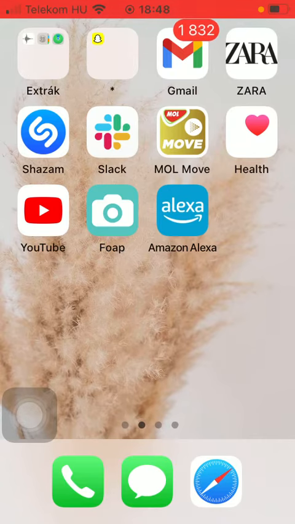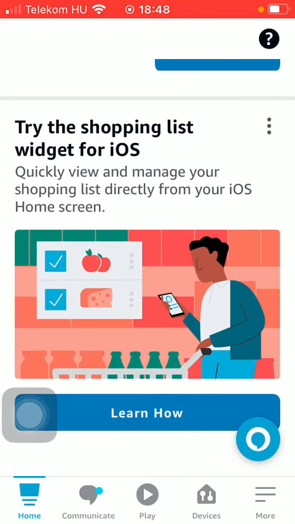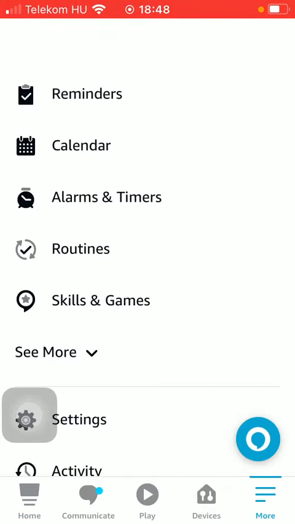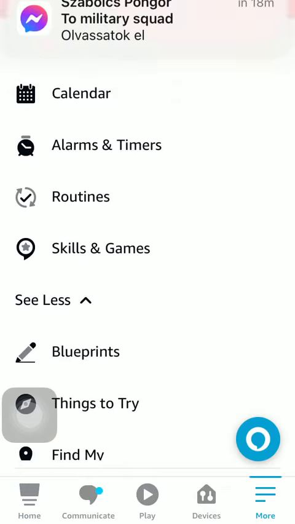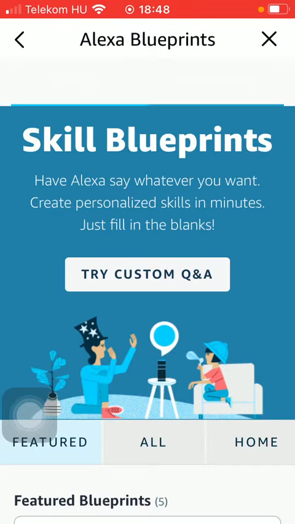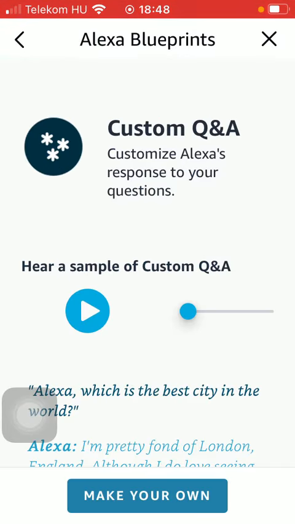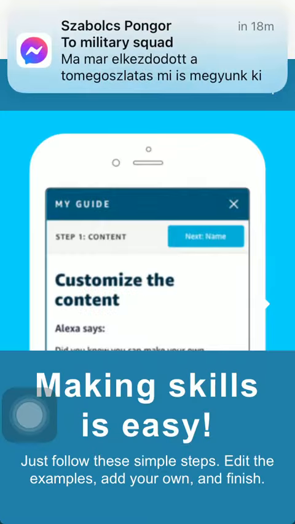First of all, open the app on your phone, then tap on the More button down below, and then you should click on the See More button, tap on Blueprints, and here you should scroll down again and tap on Custom Q&A. Customize Alexa's response to your question, tap on Make Your Own, and after that you should